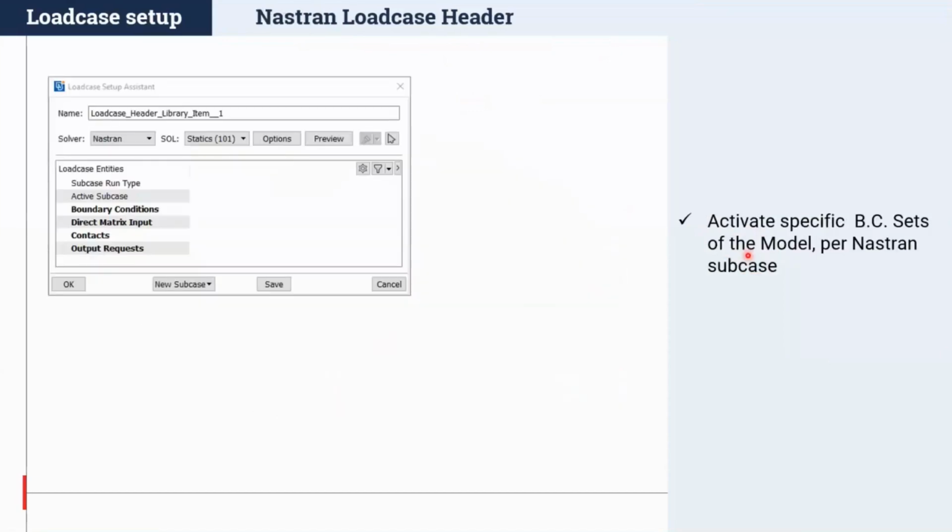There have also been some new developments for load case setup in the Nastran deck. Up to now, it was possible to control the load case setup per type, which boundary conditions of the model would be activated in all Nastran subcases through the load case header options.